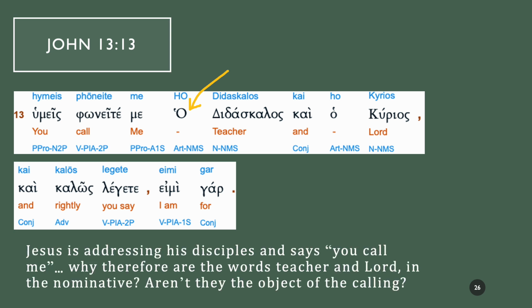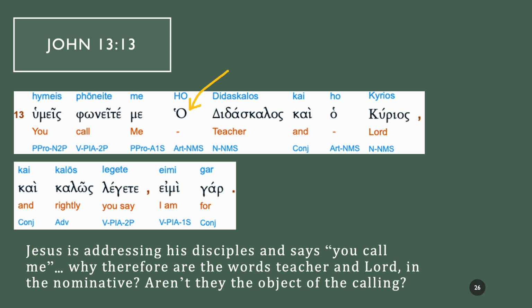So you might expect that didaskalos and kurios are actually in the accusative, but that's not the case. They're nominatives here. Why might that be? Well, where is the verb action going? You call me. So you, nominative, call the verb, and me, the accusative. So there's a very simple and very short statement there with a nominative, a verb, and an accusative. That's already happened. Then it goes on in the next clause to say what they are saying. So it's a new clause. That's why they're not accusative, because they're not the subject of phonata exactly, not in terms of their grammatical sense.